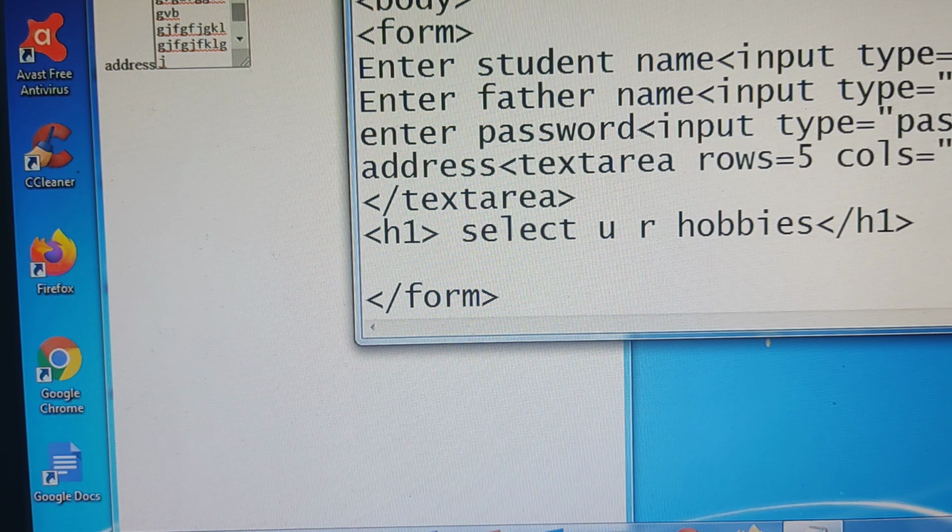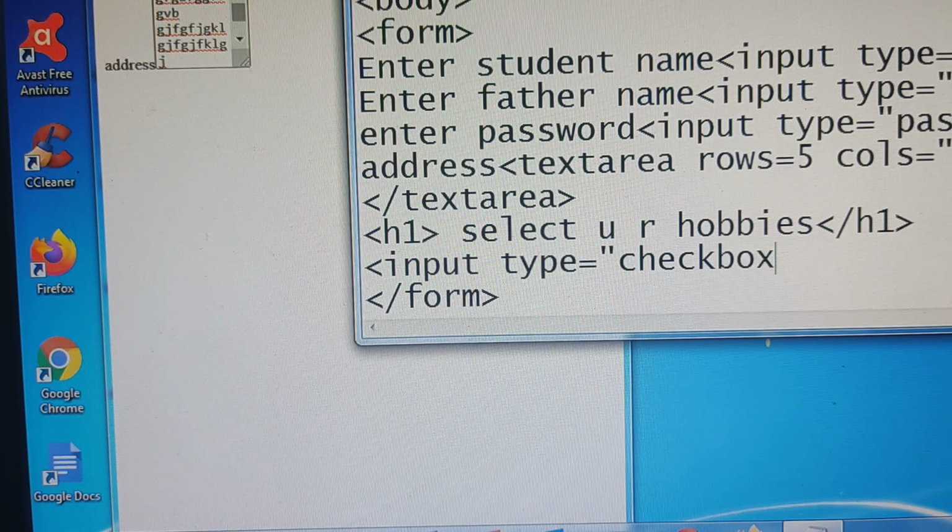Save it. Here, in order to give the hobbies, where you want to select multiple values for a single input, there we'll use the checkbox. Input type equals to checkbox. Okay, now here I am giving reading.